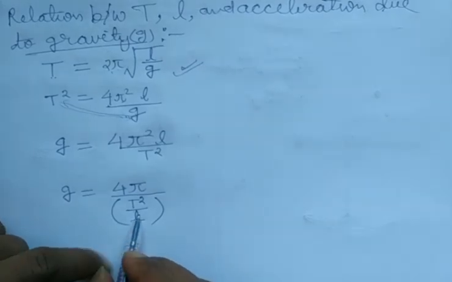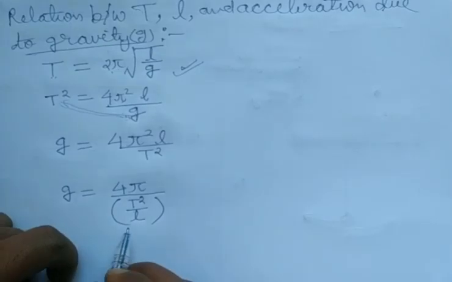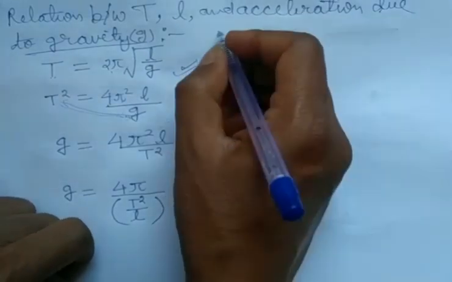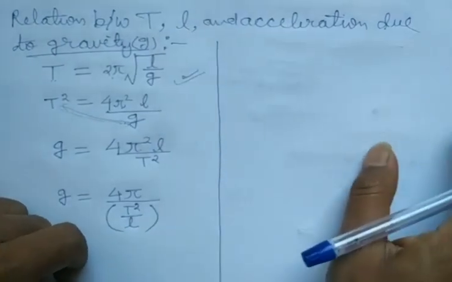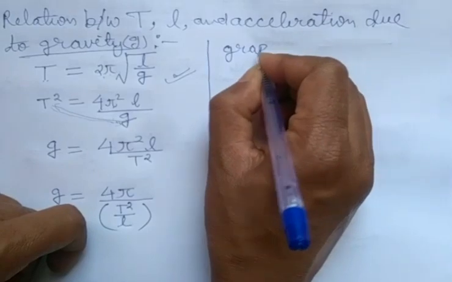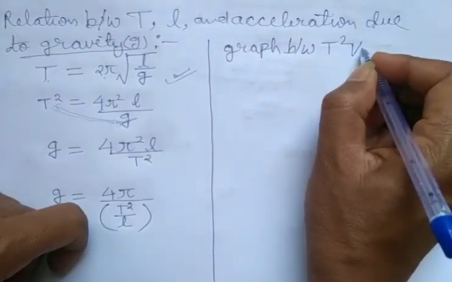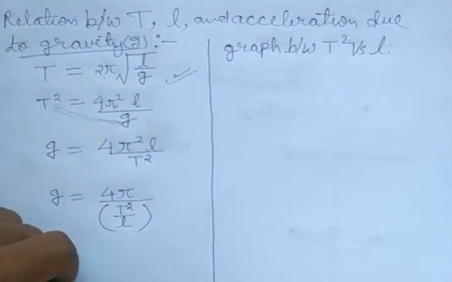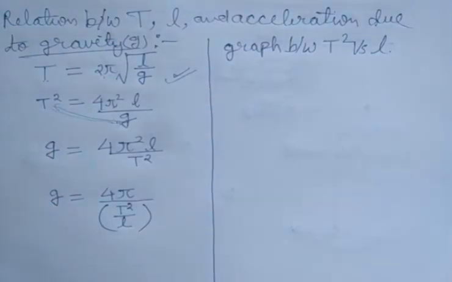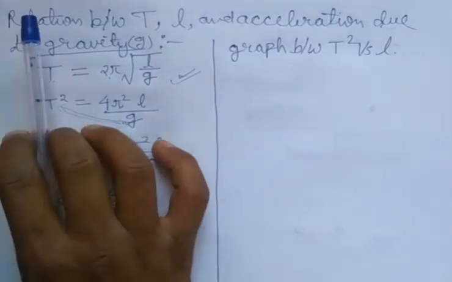So when this fraction will be solved, this L will go up. Why have I written it like this? There is a reason behind it. So what happens actually, the graph between T square versus L. If we plot, first thing, if we perform a simple pendulum experiment and we take a number of